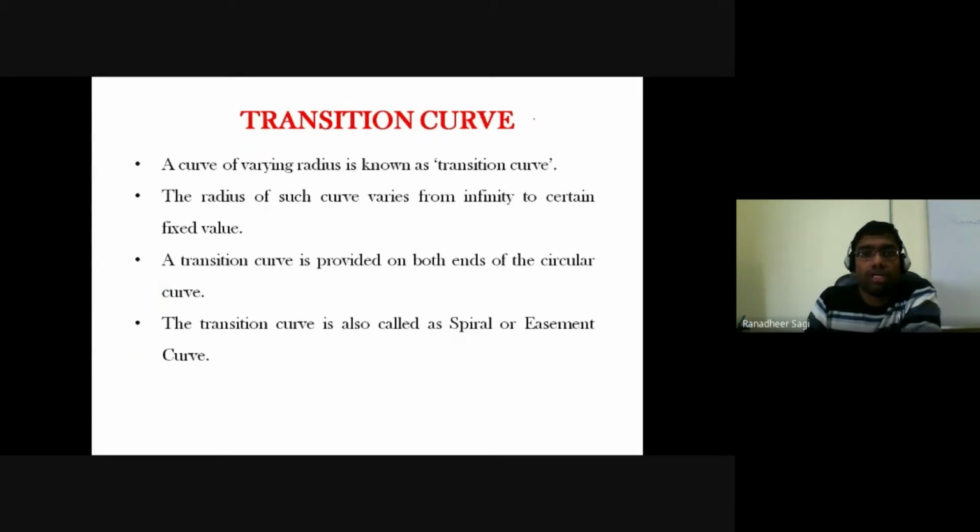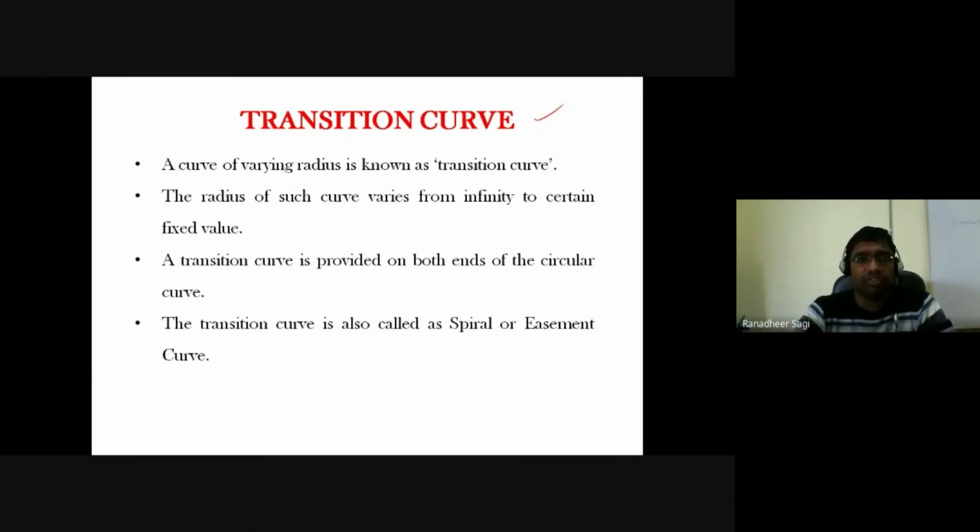Next, moving on to the transition curve. The word transition itself says there is a change in the curvature of the curve. Earlier, either your simple curve, or your compound curve or reverse curve, to some portion of the curve at least. In the case of a simple curve, the complete curvature, the radius of the curve, was completely constant. For the complete simple curve, the radius was the same.